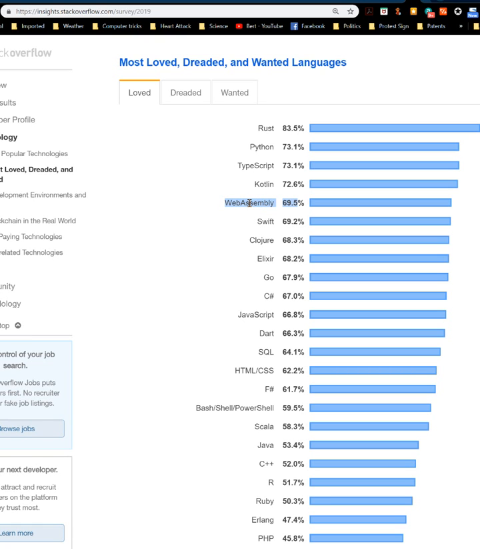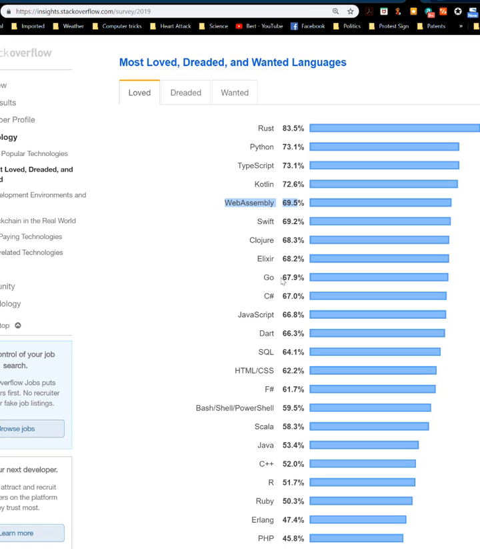WebAssembly, that's intriguing. It's some kind of assembly language-like thing meant to be associated with the web. You've got a binary file of some kind, I guess you can write a program in C++ or whatever and cross-compile it down to this WebAssembly code. Most browsers apparently support it, and you can supposedly execute programs faster, but it's also great for hackers that want to embed malicious code in it.